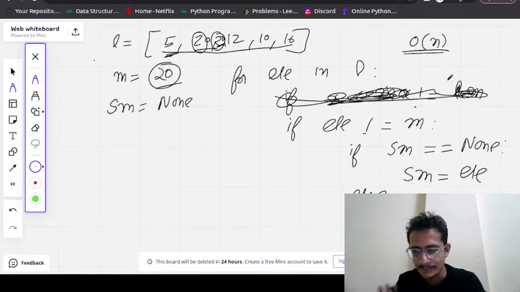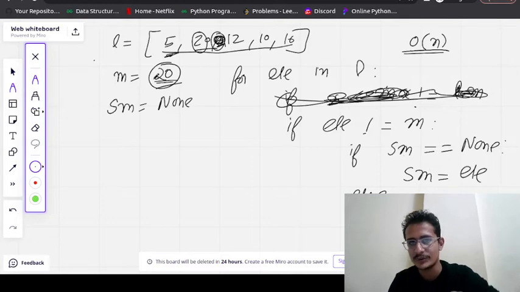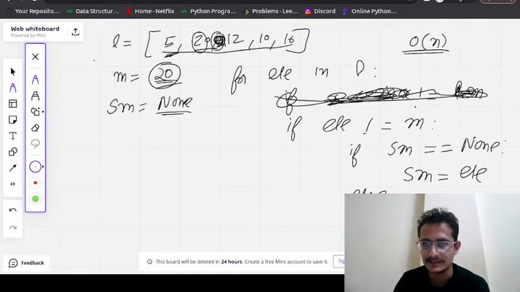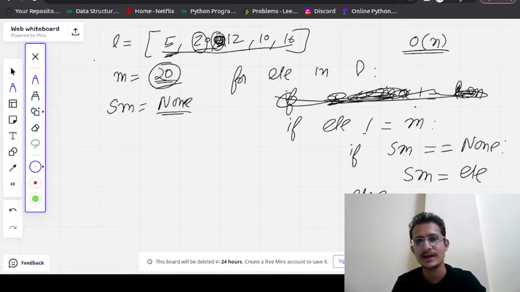Okay, now you will say, what the code I have written, you didn't get anything. It's no, perfectly fine if you didn't get anything. We will dry run the code, you will easily get it. Okay, so let's take this example. So initially L is maximum value that we have got is 20, second maximum is none. So what we have done, we are starting the traversing the list. So what I have written, for element in the L. Then I have checked whether the element is equal to the maximum or not.